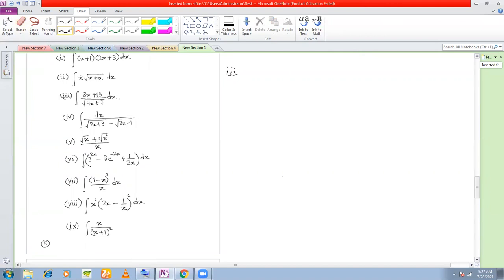Number 3. I is equal to integral (8x plus 13) divided by square root of (4x plus 7) dx. Okay, now if you want to integrate such a function, what you want to do is